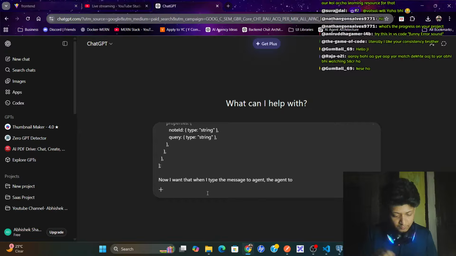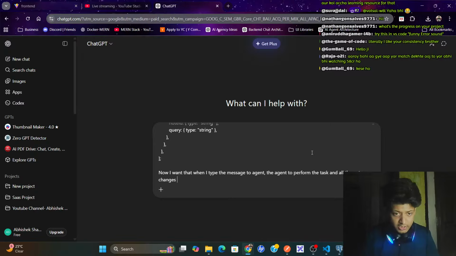The agent should perform the task, and all the notes or changes in notes should be shown in the front end.